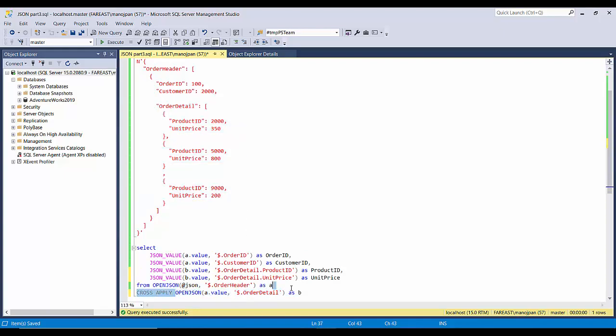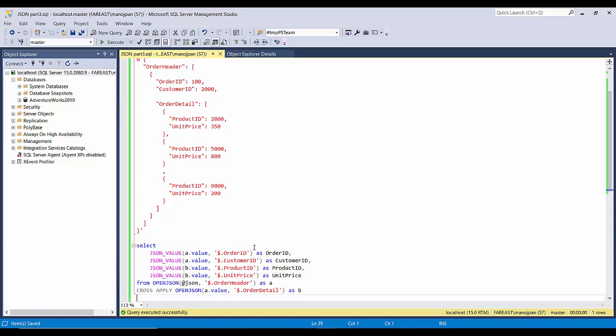This A dot value we are going to give here, and inside it we are going to parse this order detail as a separate JSON function, and give it the alias B. And if you see, B dot value, like this, and B dot value like this. Now we are using a separate method to expand it. We can remove the order detail reference over here.